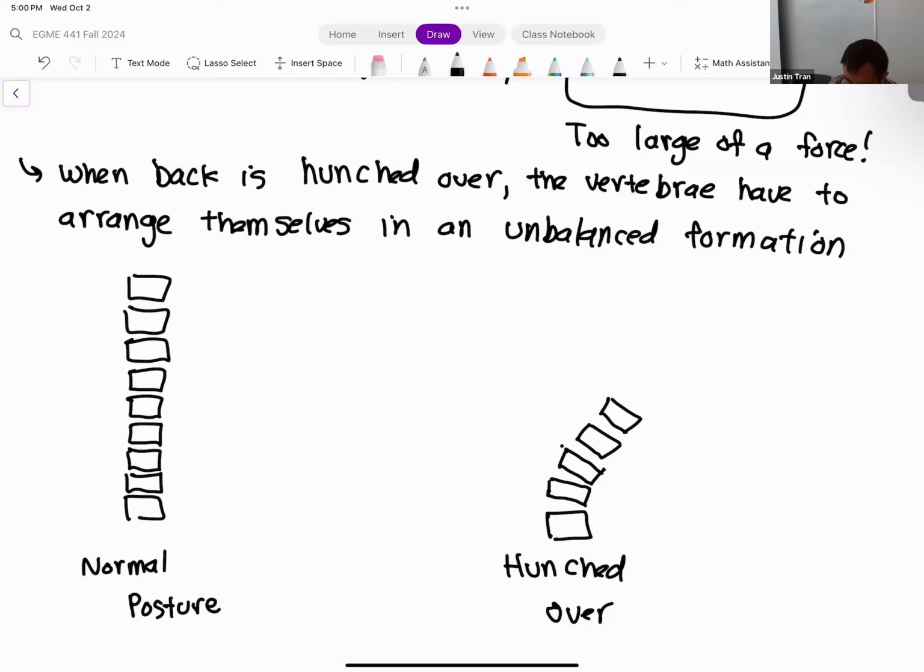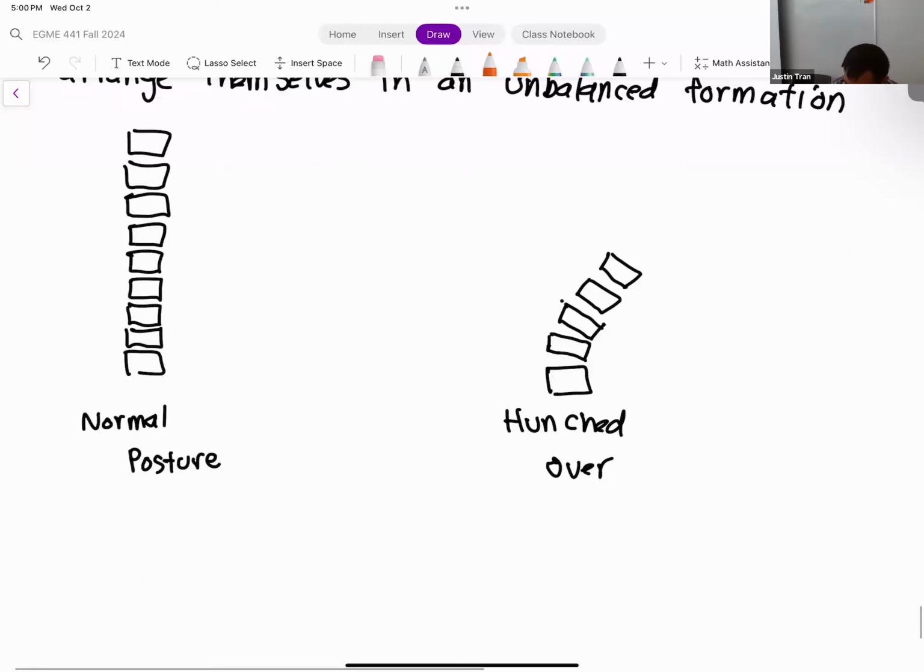So why is this bad? First of all, we know that in this configuration, we have a massive amount of force compressing these bones together. That right there is our joint reaction force. So that's already a bad thing. But if you look at how this force is being applied, these vertebrate bones are not really stacked straight on top of each other. They're all lopsided. And so when you apply this compressive force, it's going to do so unevenly across your vertebrate bones. And for the parts that are scrunched up together, like right here,